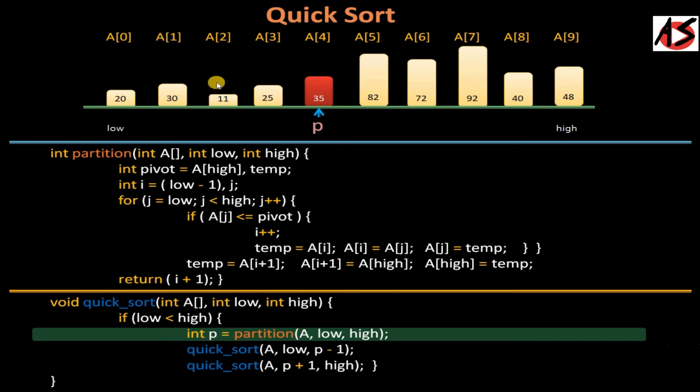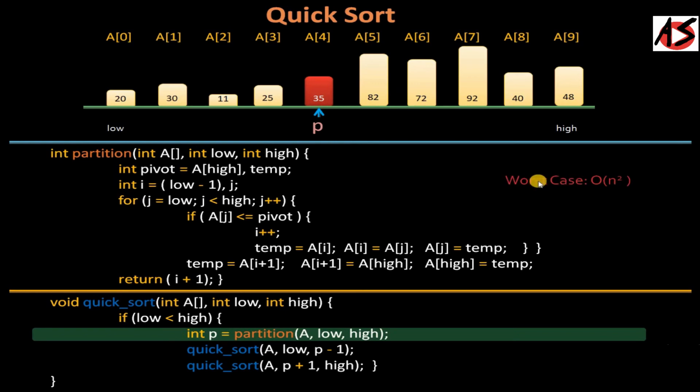Similarly, every time you are getting a list of n minus 1, n minus 2, n minus 3, n minus 4 and so on. So you are getting the polynomial in the worst case in terms of n square. So your worst-case time complexity is big O n square. But in quicksort, you can eliminate the worst case.